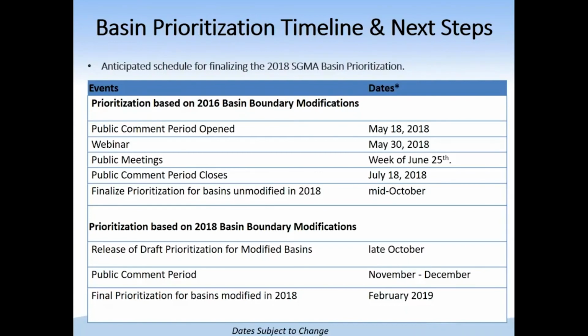But for the prioritization based on the 2018 basin boundary modifications, the plan is to release draft prioritizations for the modified basins, if there are basins that are modified as part of that basin boundary process. In late October, there will be a public comment period for that reprioritization, and then final prioritization for those modified basins would be in the early 2019 timeframe.